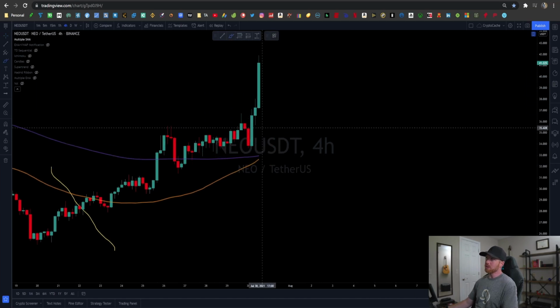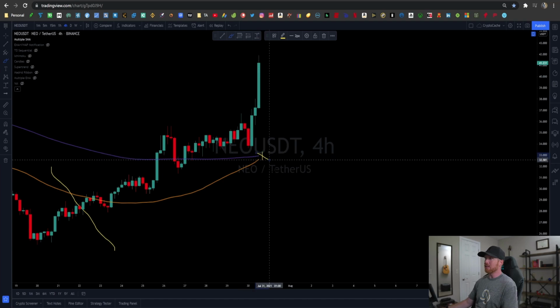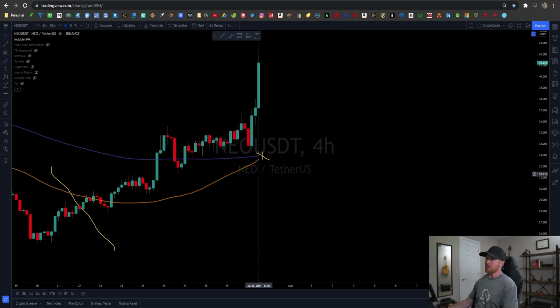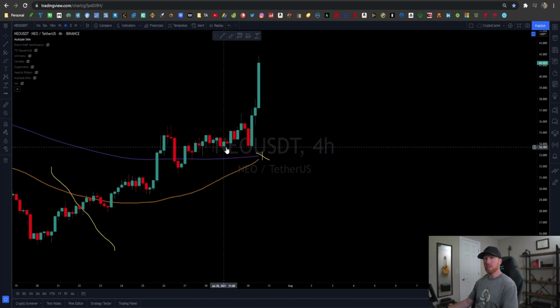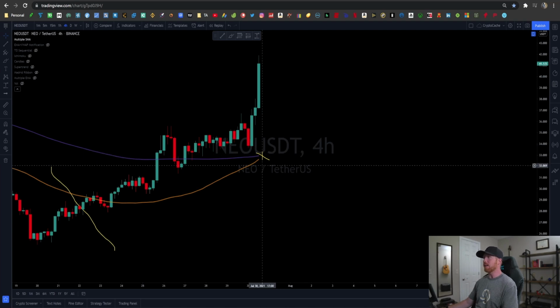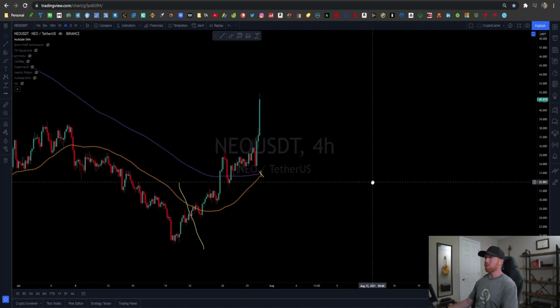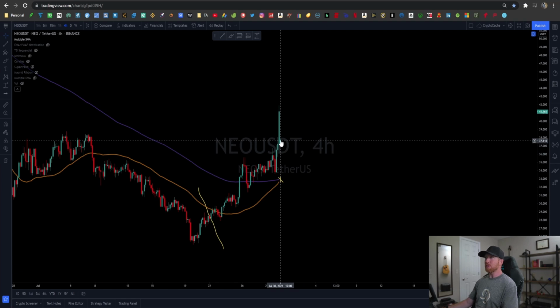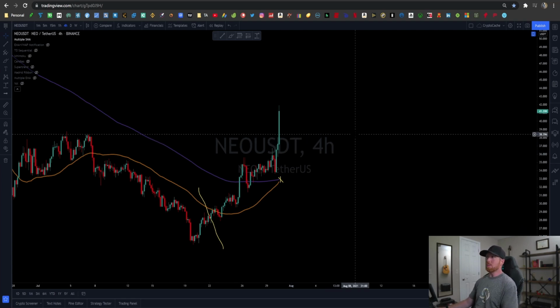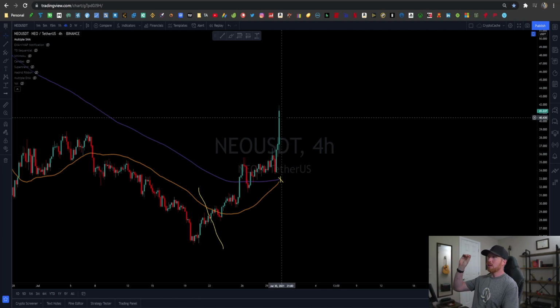Looking at the 4-hour chart here, we have an interesting coincidence. You see this here, and this is what's referred to as a golden cross. Again, I don't like to put a lot of weight into it, but when the 50 intersects upwards through the 200, it's commonly referred to as a golden cross. So that could be another reason why the price is just ramping up right now. It could also be an indication that we might still see some more price movement in the near future. I personally would rather like to see the price action go sideways for a little bit